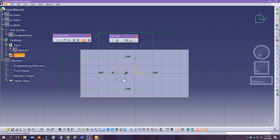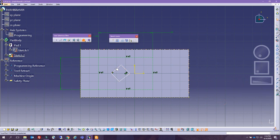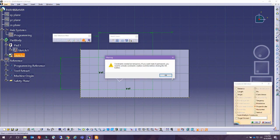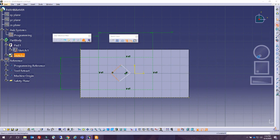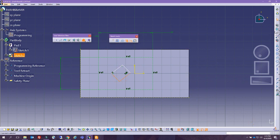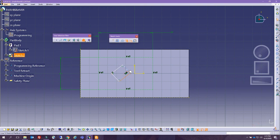So I am going to, first of all, make sure it's not a construction element, and try to apply that they are all perpendicular to each other. So I'm going to create a perpendicular constraint here. Make sure you activate those constraints once you restart creating them. Perpendicular constraint, perpendicular constraint. So what I'm doing is I couldn't find a feature to do it the way that I wanted to do it, so I am recreating it